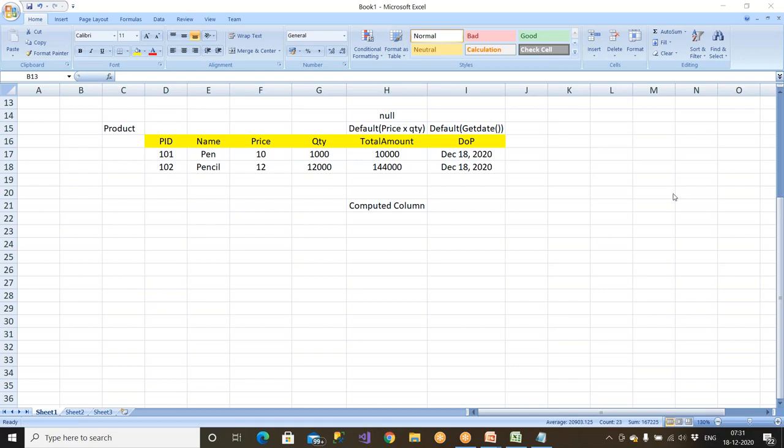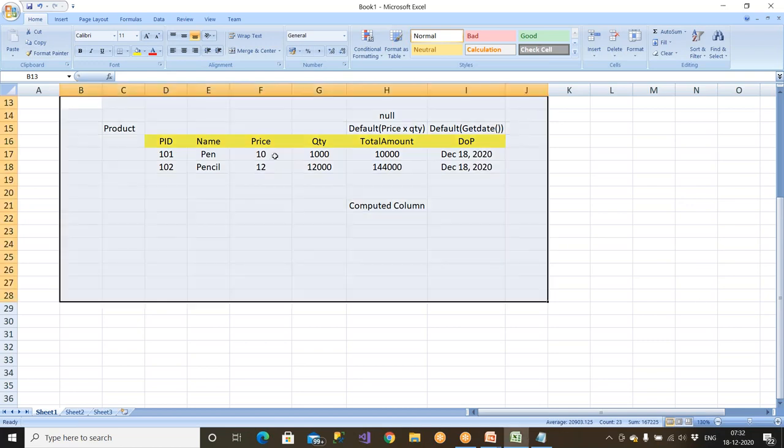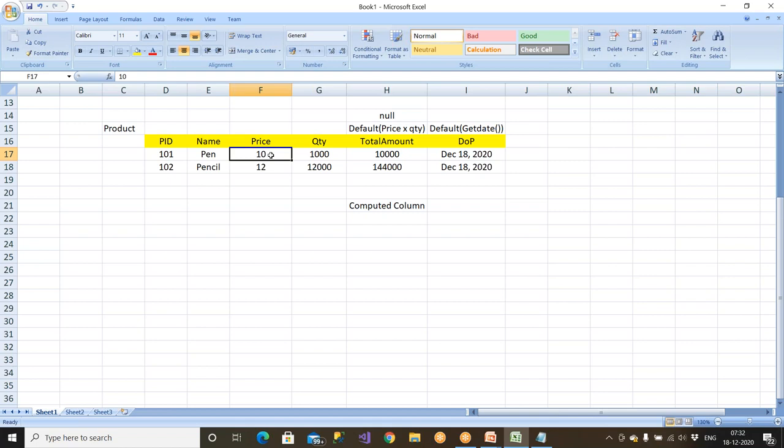Sir, one small question. Yeah, doubt please. The price and quantity here, if we don't have any value for the price and quantity, what would be the situation? If there is a null here, both are nulls, it'll be null only. Then if you want to aggregate the total, what would be the value? You can give one more default value here, right? So for the default you can give 0. If null is there, it will come as 0.